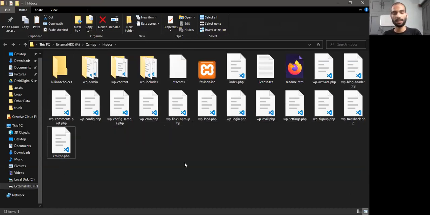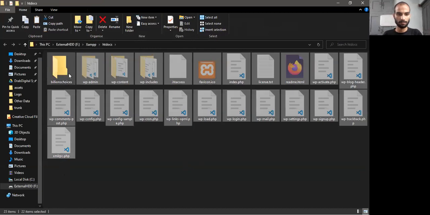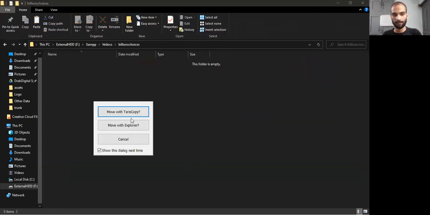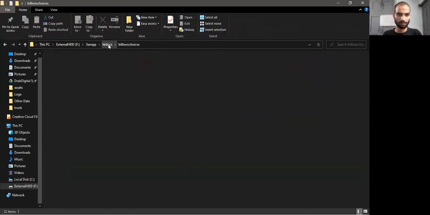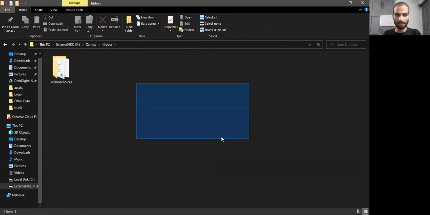Now just think that all things are done, you can do next things. But if I want to do multiple websites here, previously I uploaded all the files right here in the htdocs folder, which I am calling root folder.